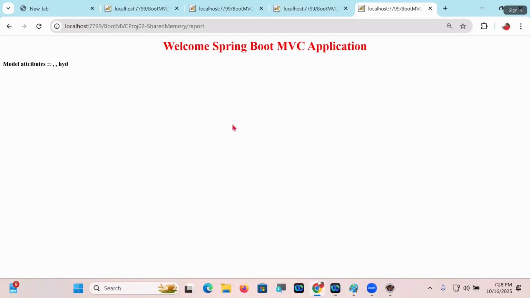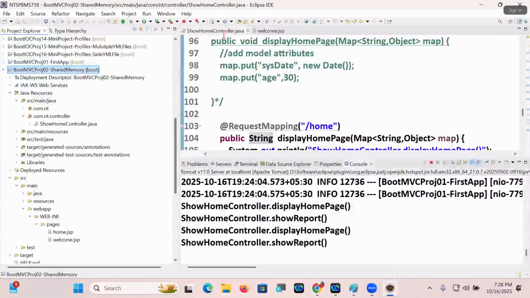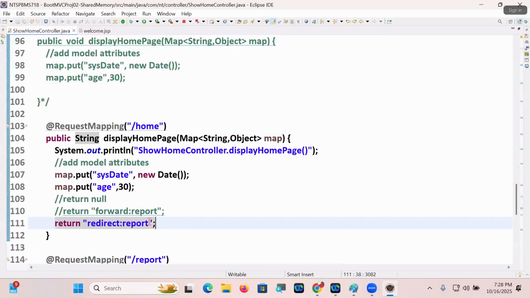Only destination model attributes are coming, not the source. No, sir. In redirection also, I want to get the source model attribute. There is no option. We have to append a query string to the URL. How, sir? Question mark, and then you have to append request parameters, guys. P1 is equal to val1 or sysdate is equal to